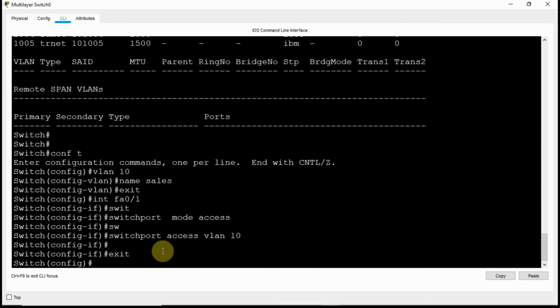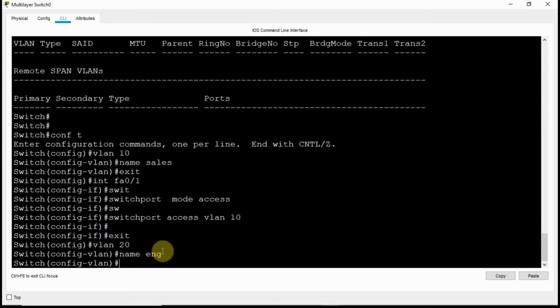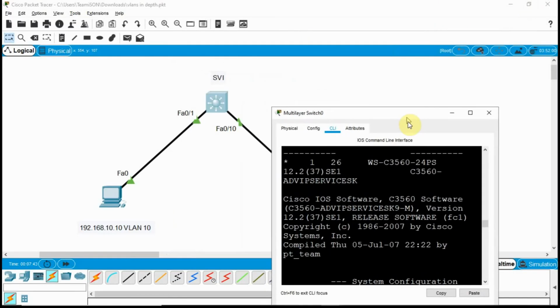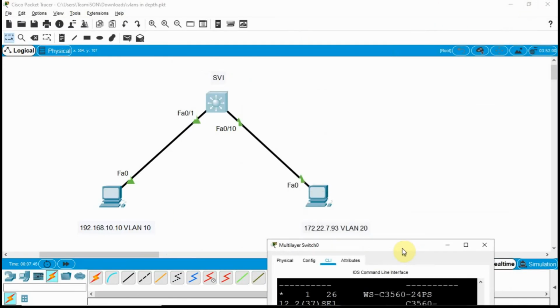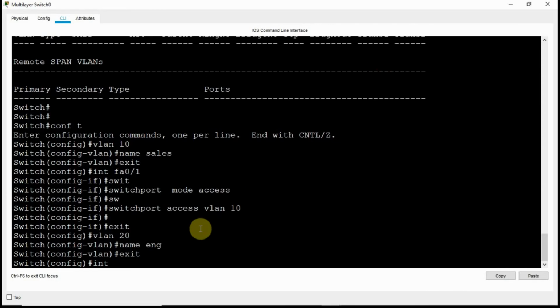So let's create VLAN 20 now. On VLAN 20 we do the exact command that we did, but here we put the VLAN ID as 20, and we can also name it engineering, and we can exit out of this interface. Where did we put PC2? FA0/10? So we can go to interface FA0/10,